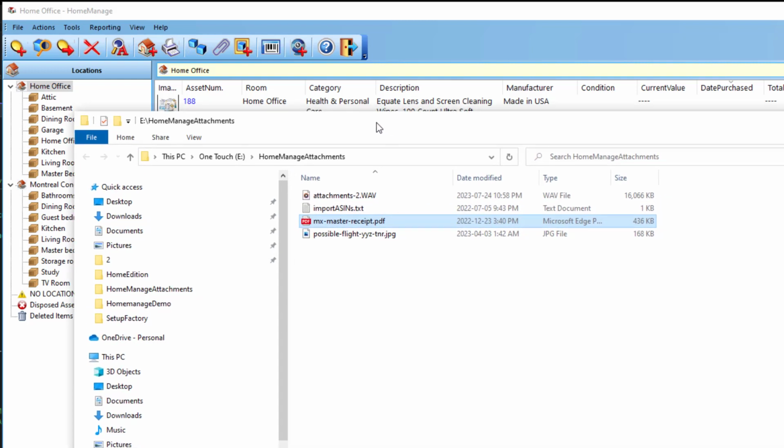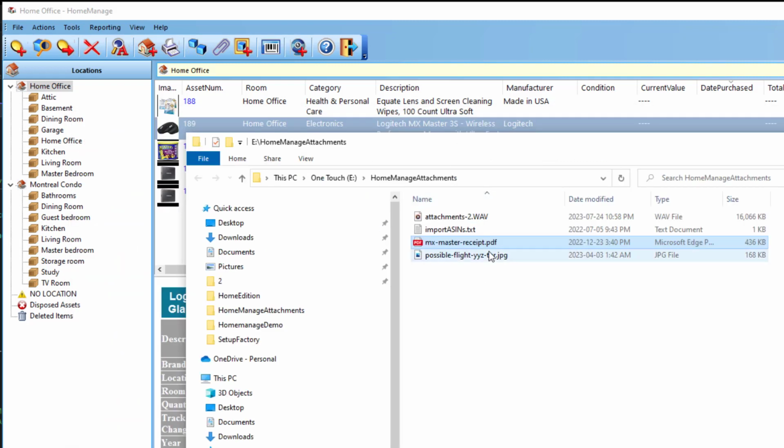Now people have asked, well, how can I convert my old attachments to the new ones? We're going to have a new feature that converts old attachments from the long path name to move them into the attachments folder, but that's going to take another couple weeks. There's some problems with that. For example, if you have 2 separate receipts with the exact same file name, that's going to cause a problem. But anyway,